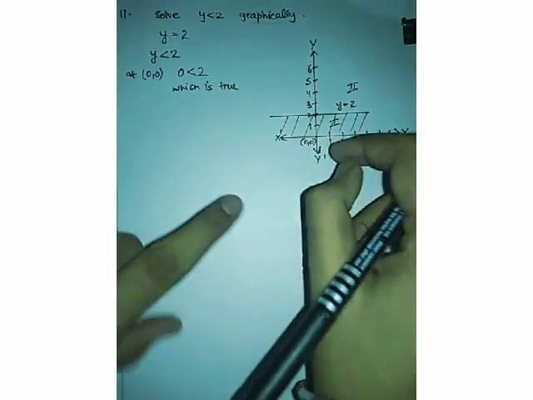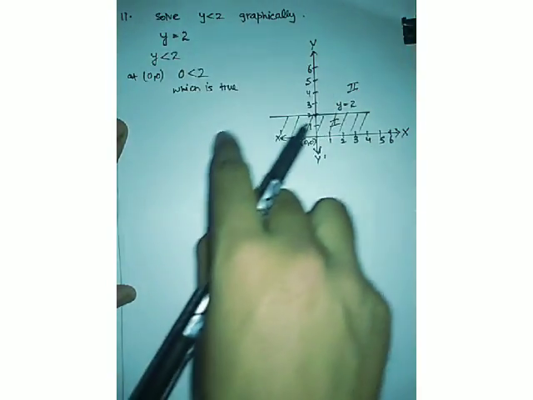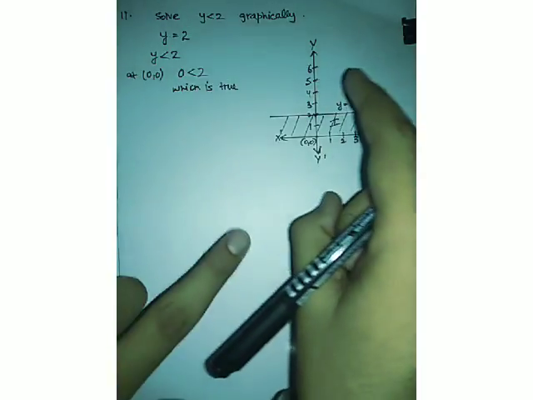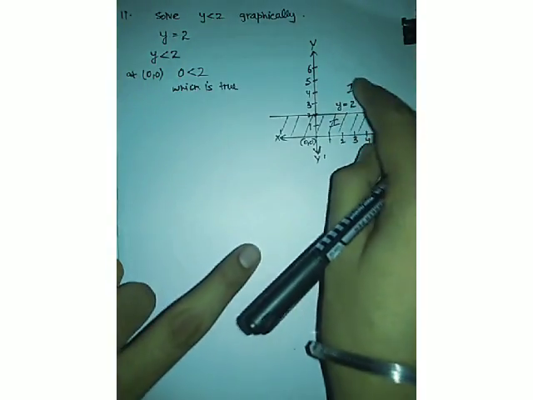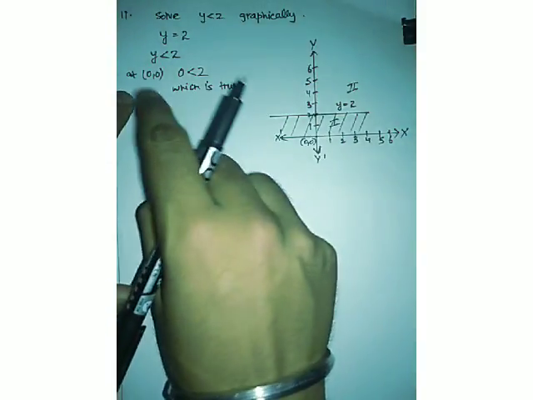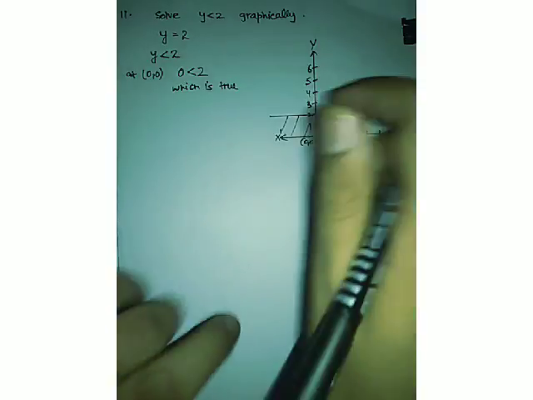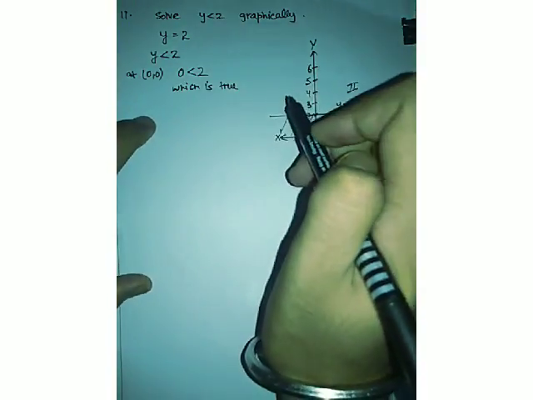This is how you plot these kinds of inequalities. Remember one thing while attempting these sums, you have to mention everything which you are doing: when you are taking 0, 0, when you have divided the region into two different regions, when you are plotting, you have to write everything in the form of sentences as well. Otherwise this sum is very short and you will not get the desired marks. That is why you have to write everything very clearly.